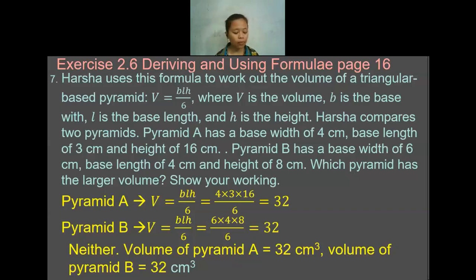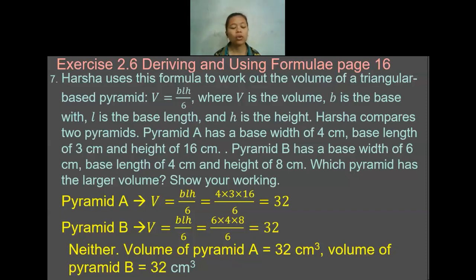And then Harsha has two pyramids, pyramid A and also pyramid B. The pyramid A has the base width 4 centimeter, base length 3 centimeter, the height 16 centimeter, while the pyramid B has the base width 6 centimeter, base length 4 centimeter, and then the height 8 centimeter. Now the question, we have to compare the volume of these two pyramids. We have to pick which one is having the larger volume. So before we decide which one is having the bigger volume, we have to find the volume of each pyramid